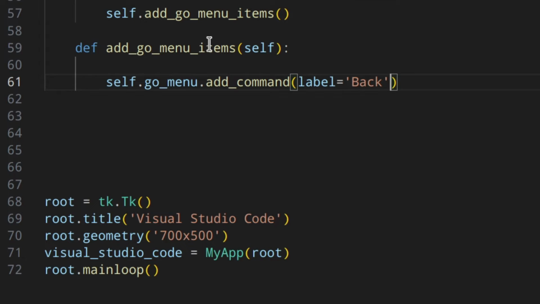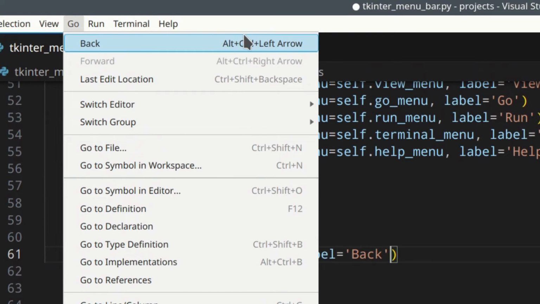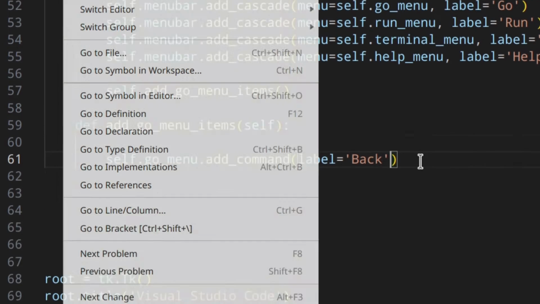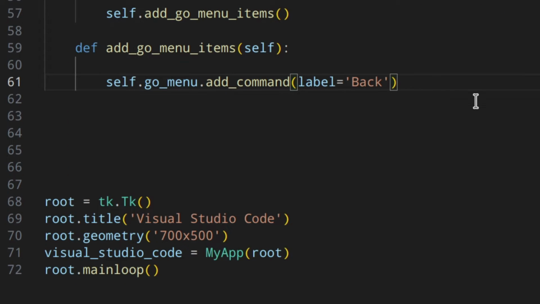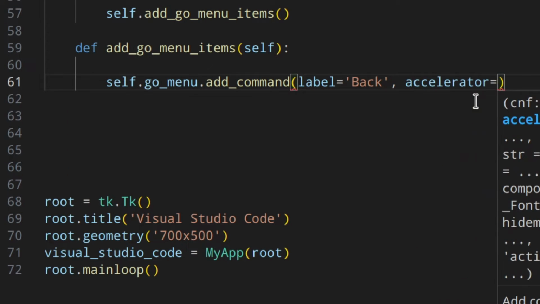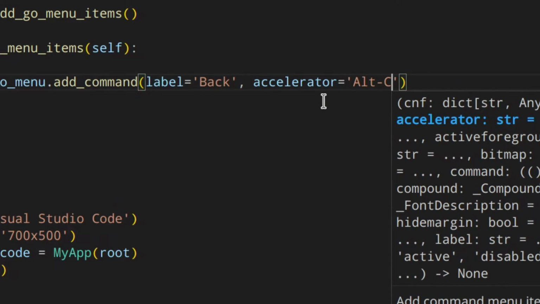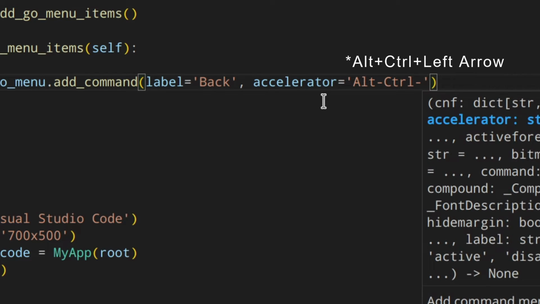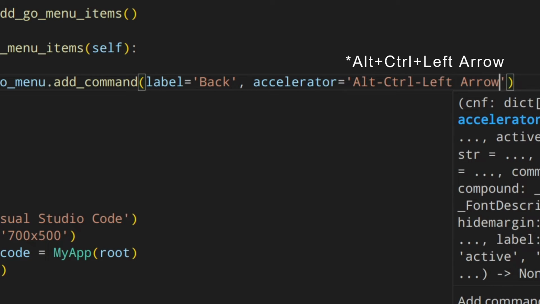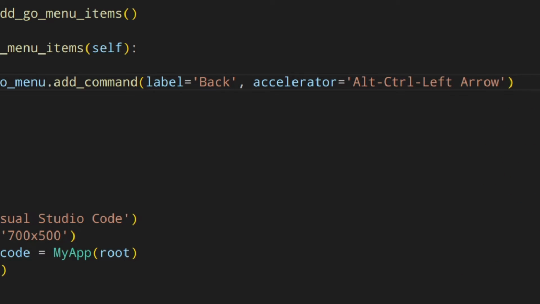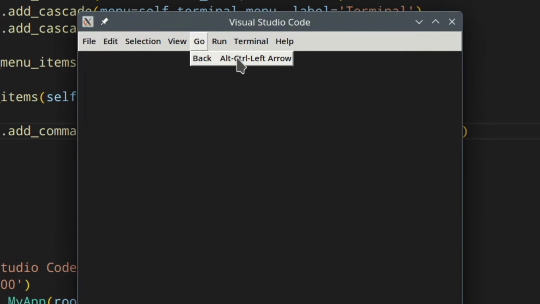Perfect. And also, did you notice that here you've got these shortcuts? You can actually do that using the accelerator option. So here we can add accelerator and then Alt left arrow, and as you can see, if we run that, now you've got this back and then the accelerator.